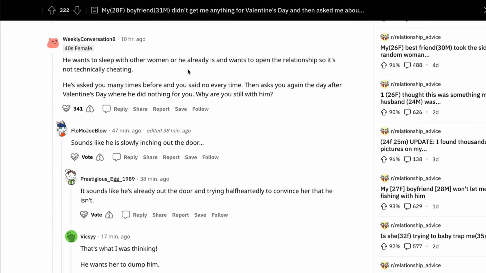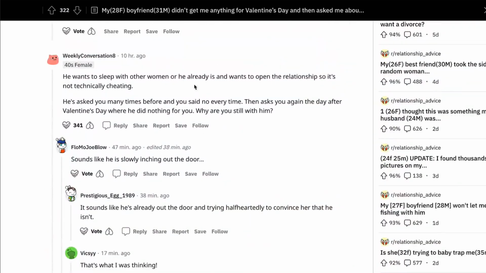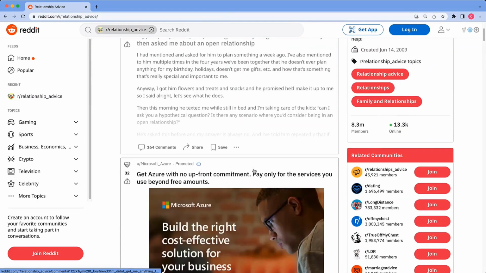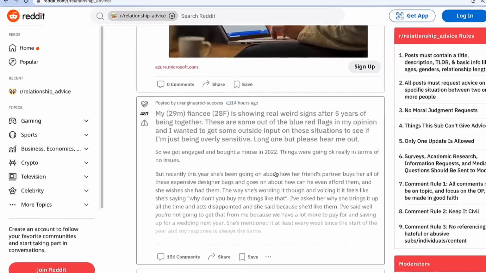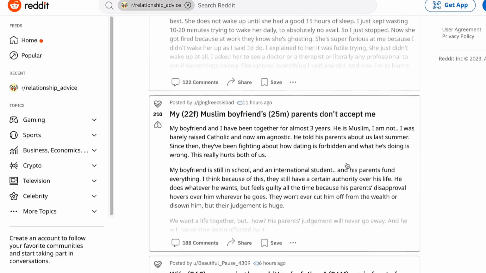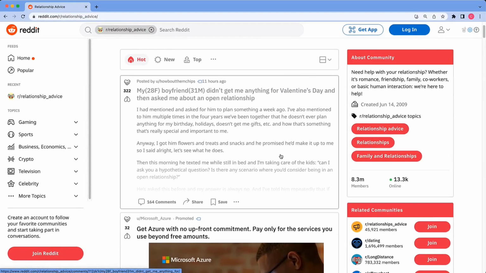So what we're going to do to train our GPT-3 model is we're going to take this as the prompt, and then we are going to take the top comment as the completion. And we're going to do it for hundreds and hundreds of Reddit posts. So we have more down here. Fiance showing weird signs. Needs to get better with his girlfriend farting in front of it. All sorts of unique and absurd questions. So we are going to gather all these and plug them into that prompt completion